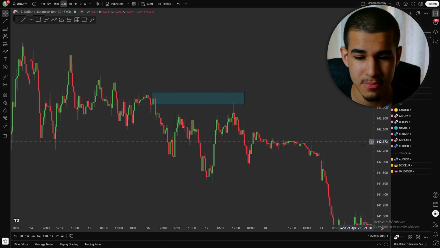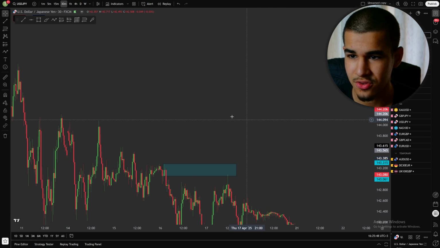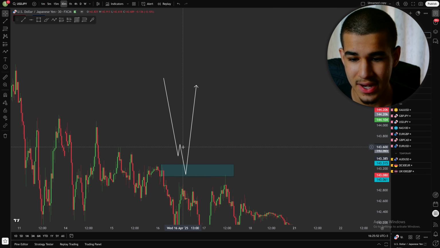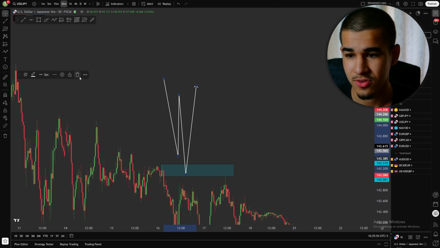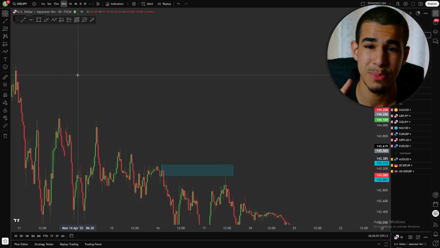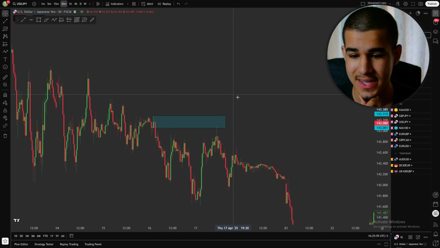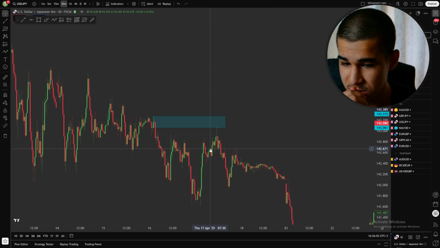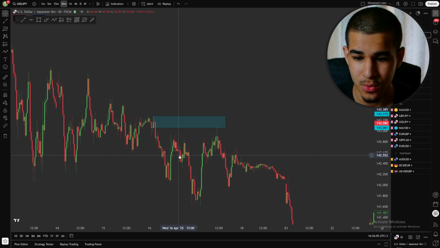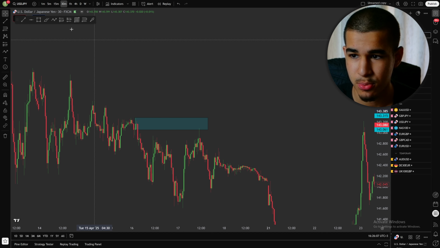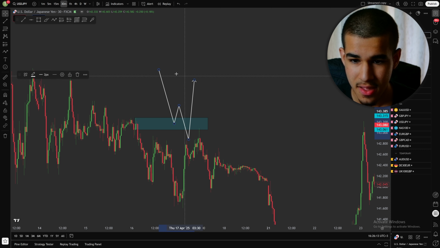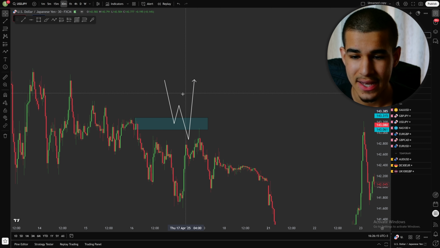And also what I meant by having a good level of liquidity: your liquidity is not allowed to be this. That's not valid liquidity. This is valid liquidity. So number one thing, it has to be in distance, and the second thing is it has to be a decent level of liquidity, like a high or a low. So for example, if this was one candle liquidity, if you had a trade like this, it made one candle and then came like this,